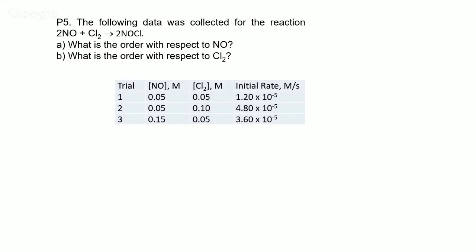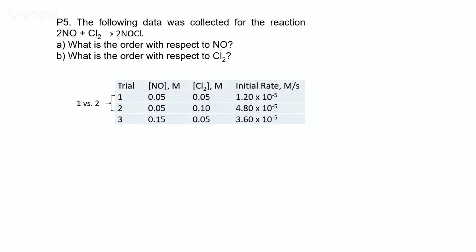Next, we'll try to find the order with respect to chlorine. So again, you try to find trials where the other one is being held constant and you're changing the one that you're interested in. And usually for Gen Chem, the way it's set up is you look for doubles or triples or some nice even multiple that you can compare to. Like here, you compare trials 1 and 2,